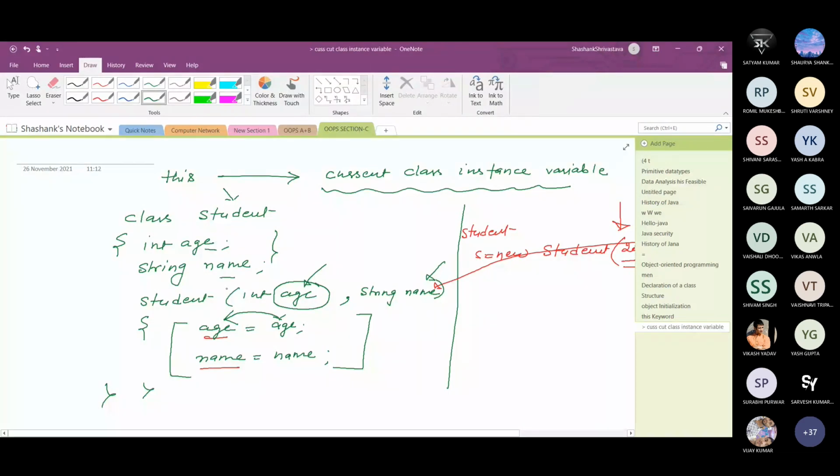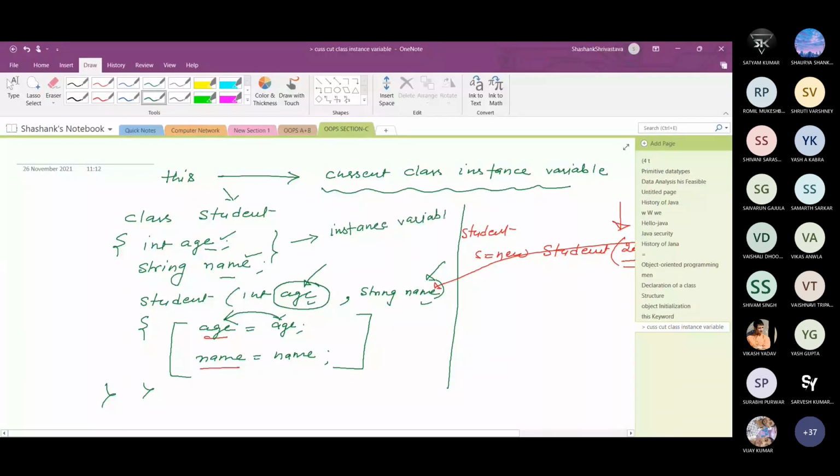Right? So here this age and this name are the local variables for this particular constructor, and this age and this name, when you create any object, these two variables for each object are called an instance variable.